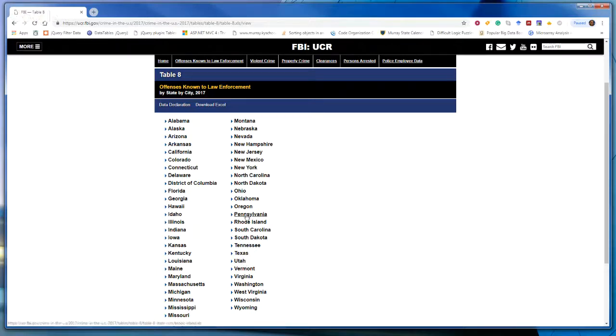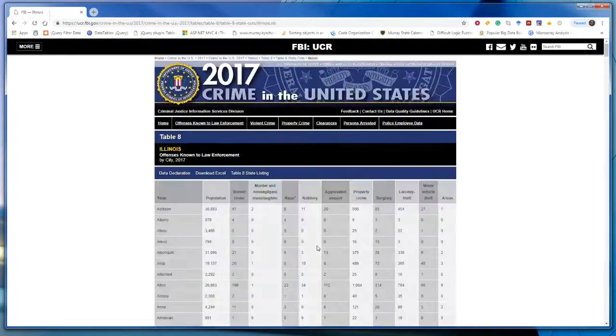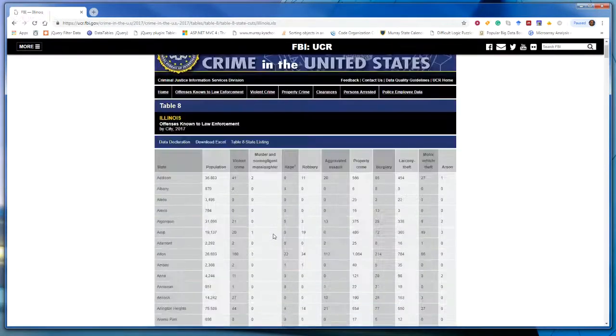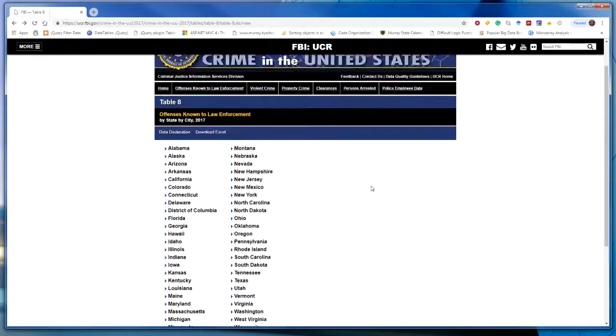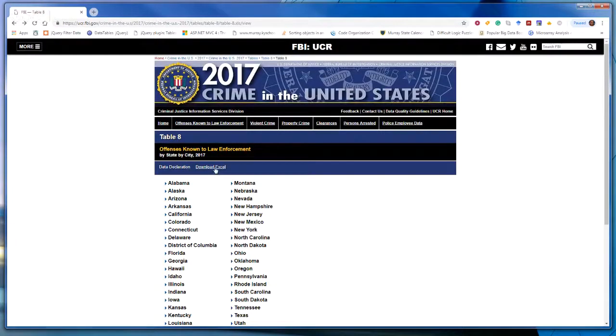And so we can look at any one state, let's say Illinois. So you have the data shown right here. Of course, we can view it on screen, or you can download the Excel file. And also for all the states combined, we can download this data.